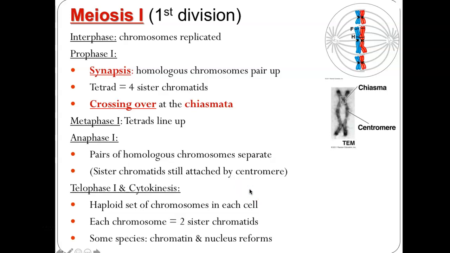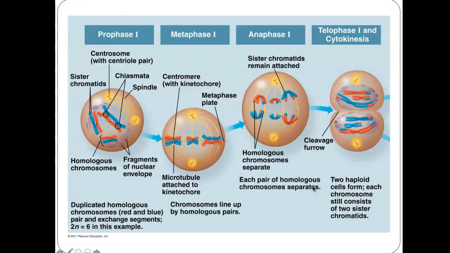The nucleus doesn't really reform because there's another division, but you have an actual cell division like you did before. So in some species, the nucleus reforms. I can't even think off the top of my head which ones do that. So you can just cross that out, because if I don't remember, I should probably look that up, but for the sake of time, we're just going to cross that out. The nucleus doesn't actually reform, and then there's another division.